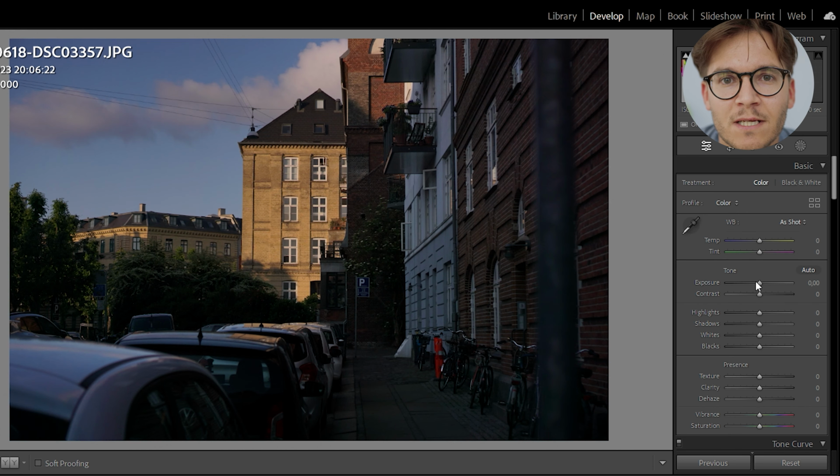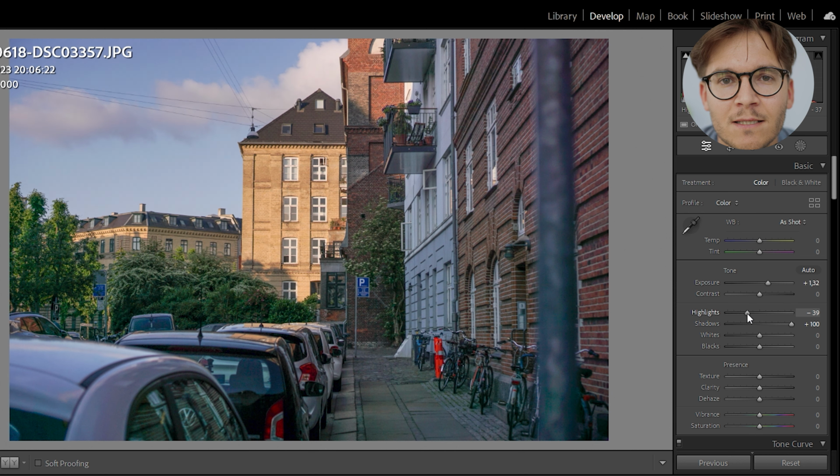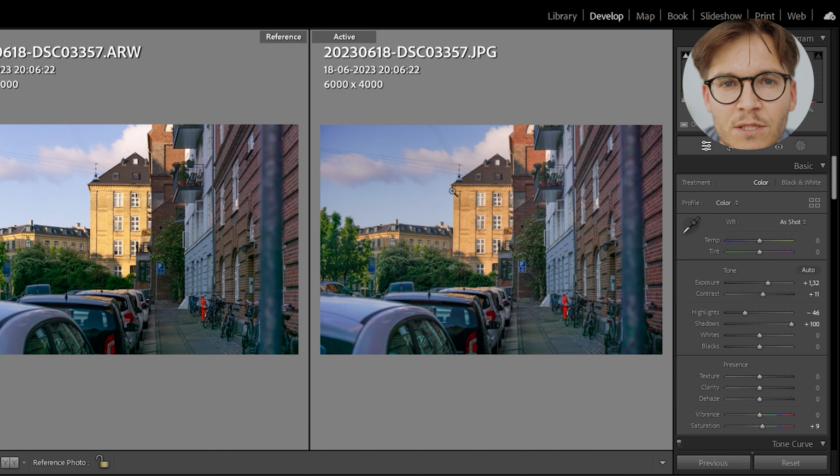So let's try to do the same with the JPEG. We'll lift the shadows and we will raise the exposure. Take down the highlights, add a little bit of saturation and some contrast. And I actually think that this is a decent image as well. But again, we have this HDR kind of look that I really don't like, but it's definitely useful if we need to. So if we try to compare these two,